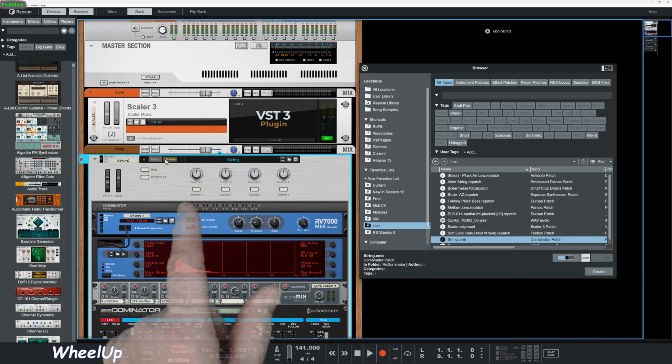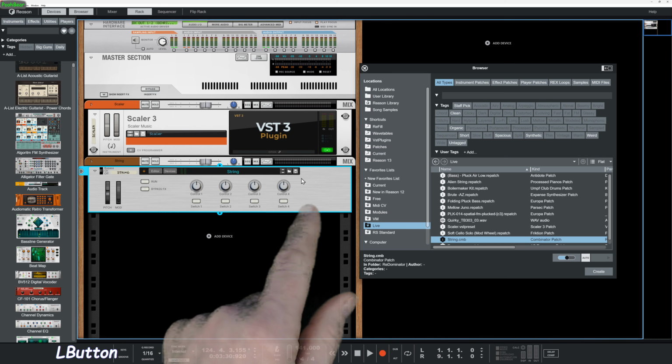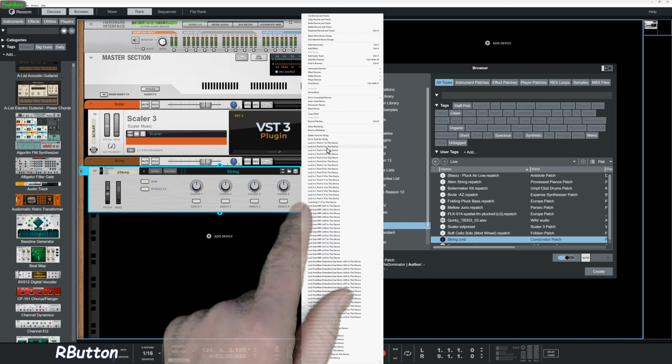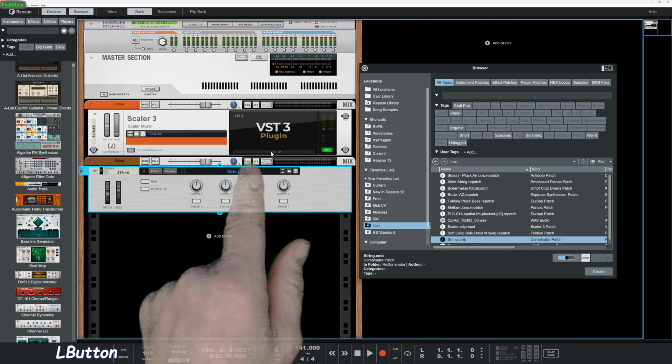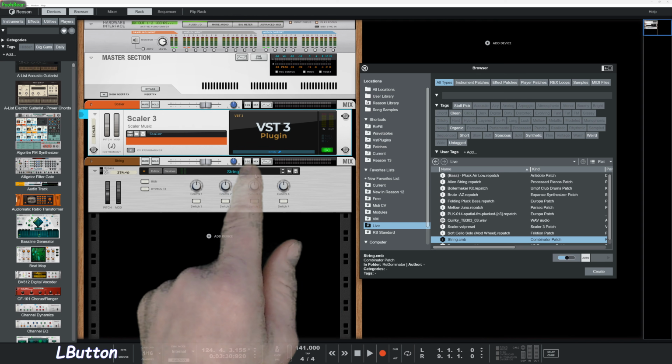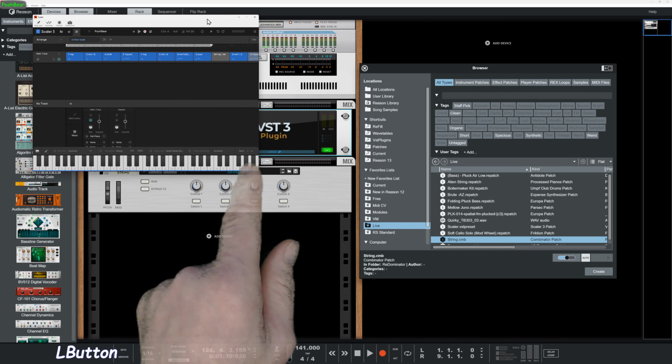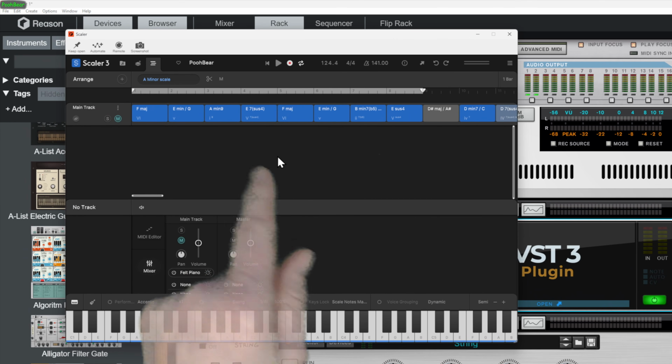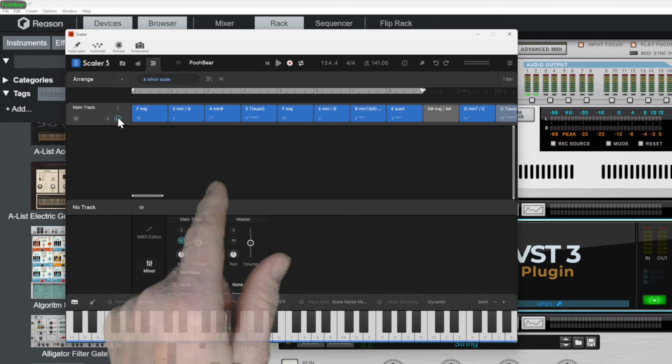And I will go through this next bit in detail, but I'm just going to quickly lock this off to one of my MIDI devices. And I'm just going to open up Scalar. We're going to open up on another screen, knowing my luck. Let's go and grab that over. Here we go. Hopefully everyone can see this. So let me zoom in, he says. Here we go. So we've got Scalar up and running and